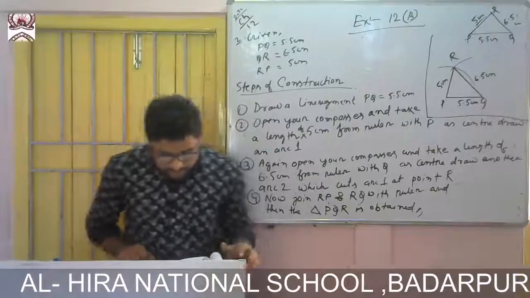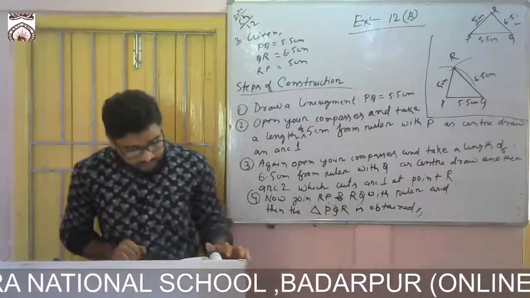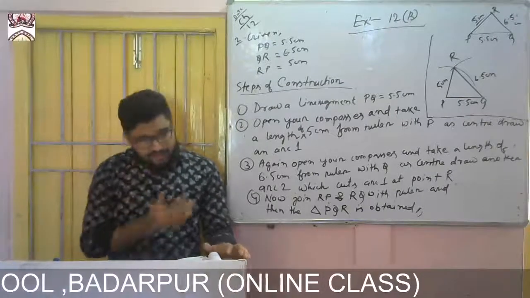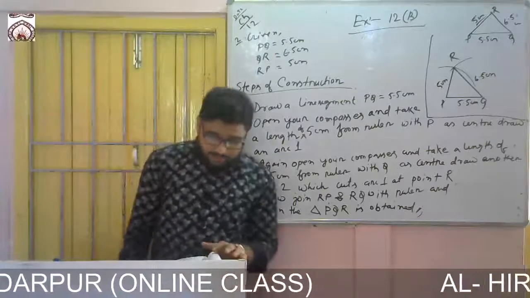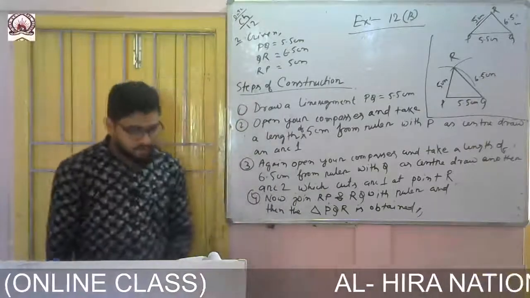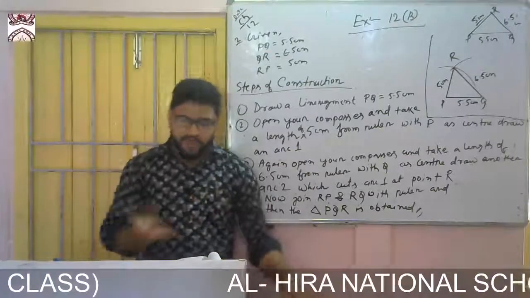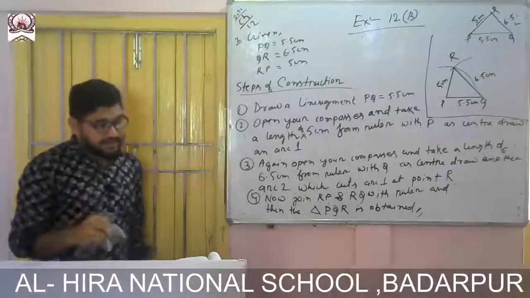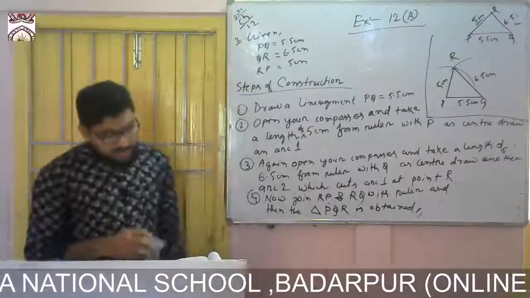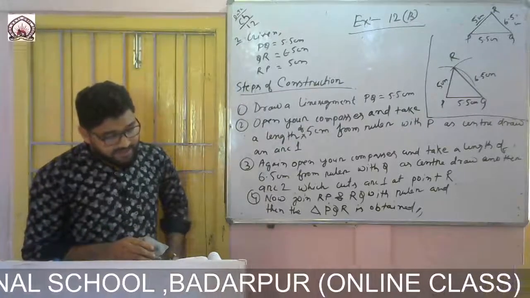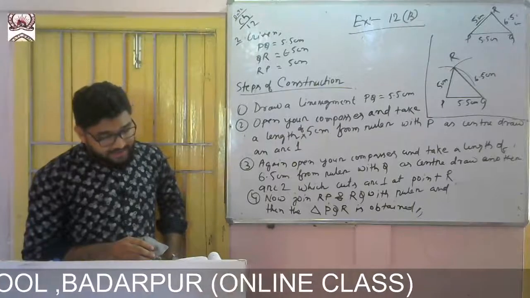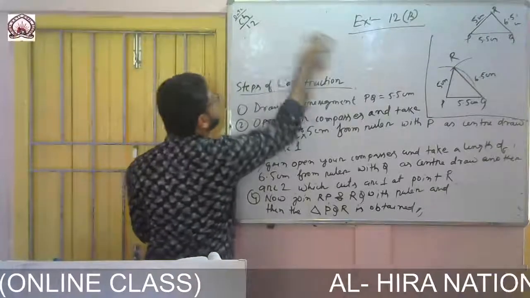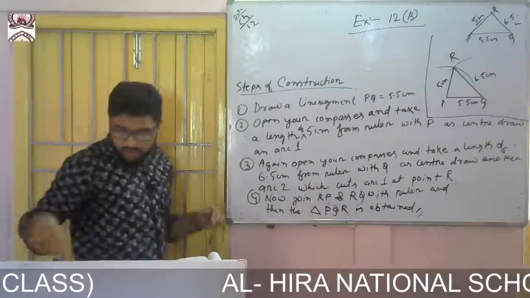These are all the same. So question number 3 you do. I am showing question number 4. Questions 3, 4, 5 are all the same, so I am leaving 3 and showing 4. We need to construct triangle DEF. DE is given 8 centimeter, DF is given 7.2, and EF is given 6.3. So write question number 4. What is there in question number 4?